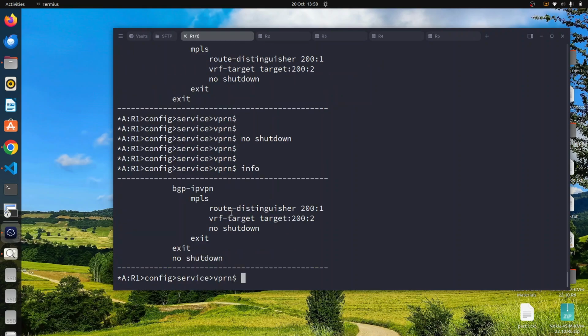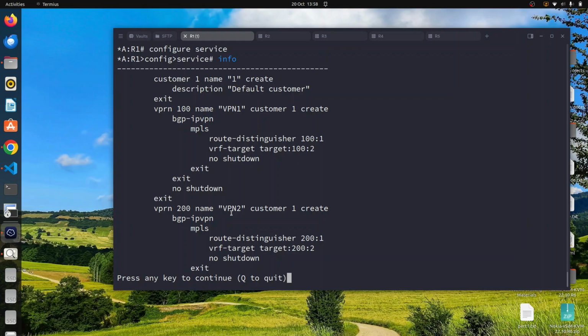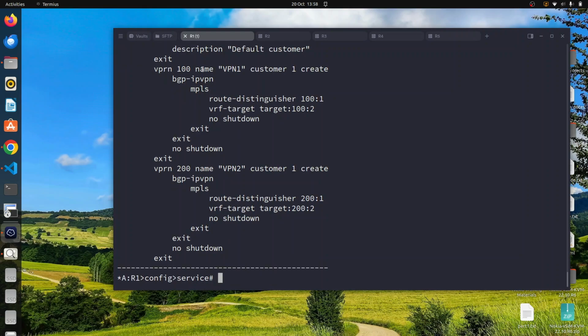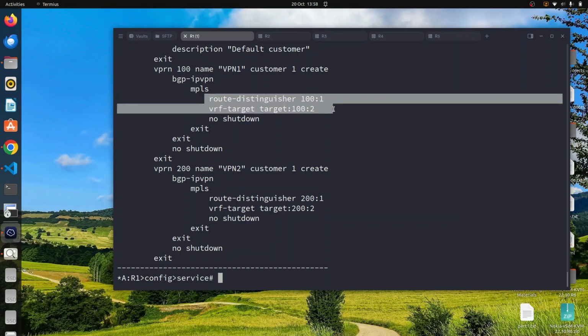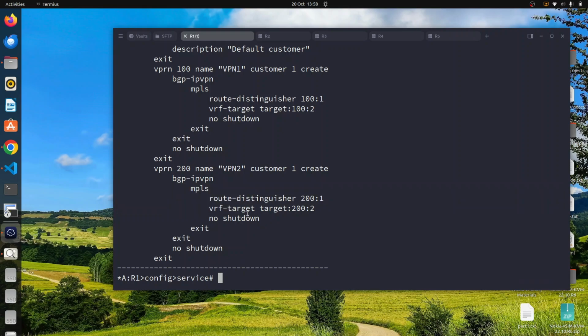So when we do info, you can see that we have the VRF, configure service, info. You can see that we have VPRN 100. These are the parameters configured, the route distinguisher and the route target. And then we have VPRN 200. These are the route distinguisher and the route target configured. So once we have done this, the next step